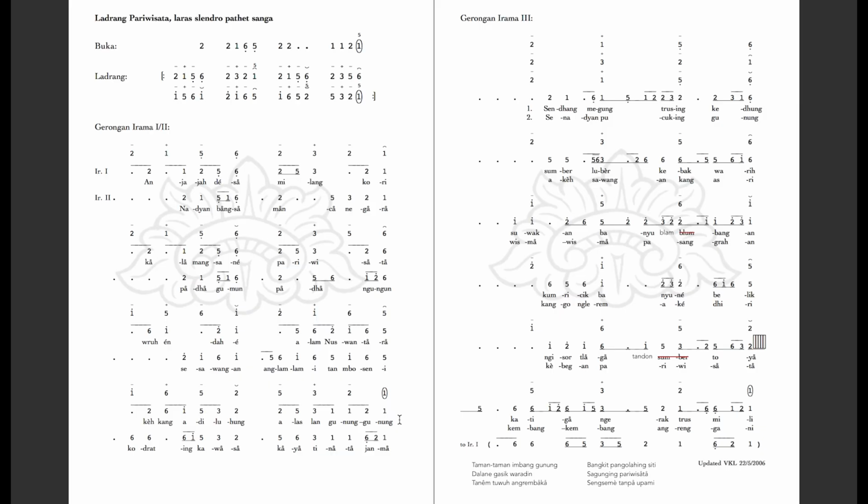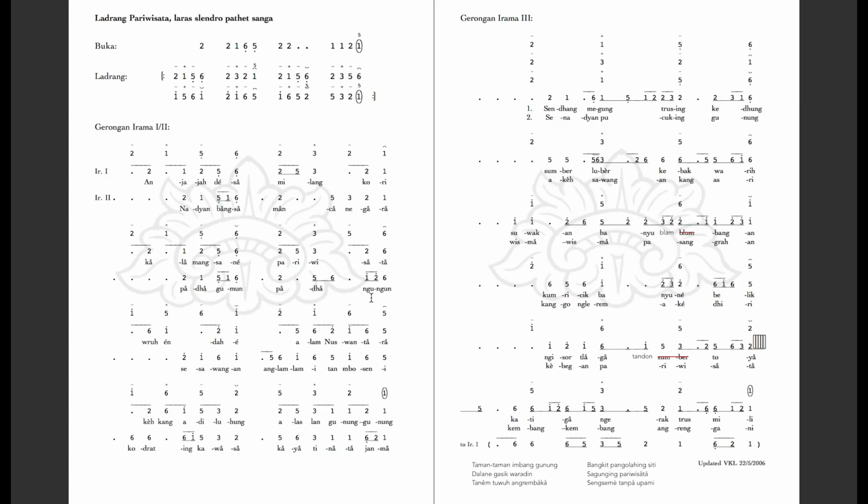When we're in irama 1, we're going to be alternating between an instrumental repetition, one full cycle of the balungan that is totally instrumental, and another cycle which includes the vocal part. That's going to happen 2 times. At the end of that second vocal part, we're going to slow down, changing to irama 2 or irama dados. Once we're in irama 2, we're going to be singing the second line here on the vocal part.